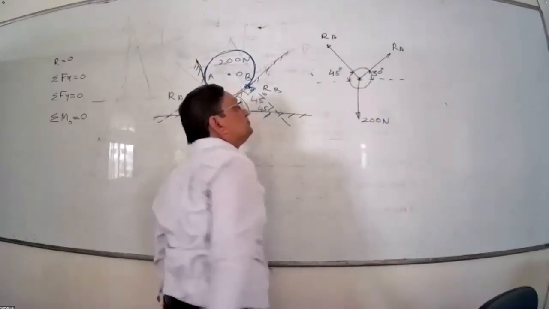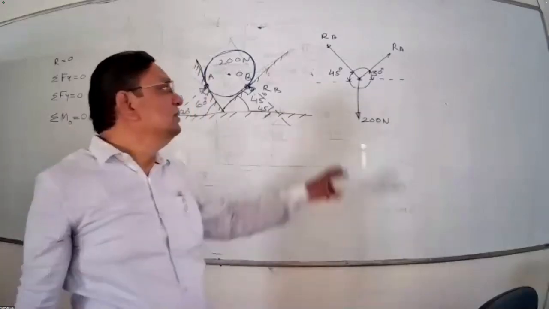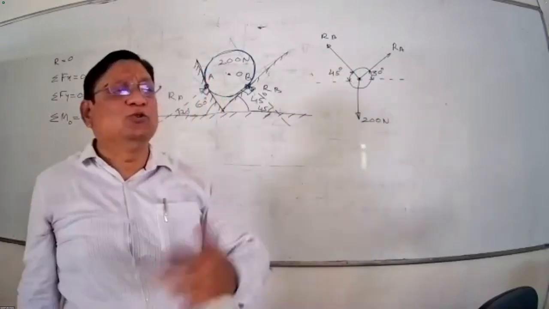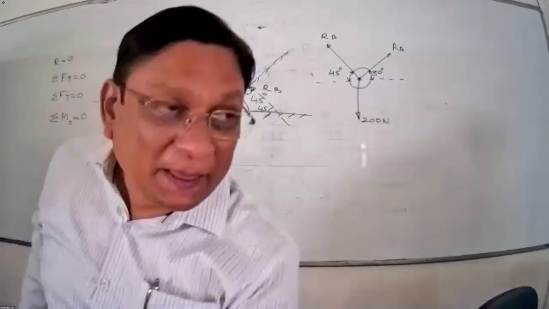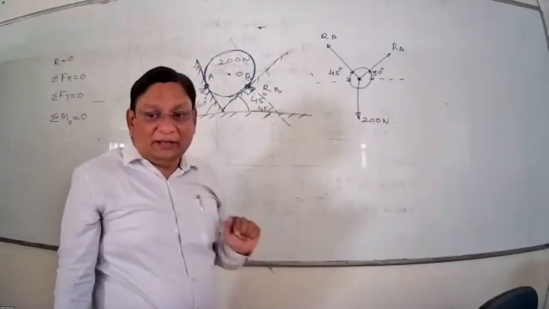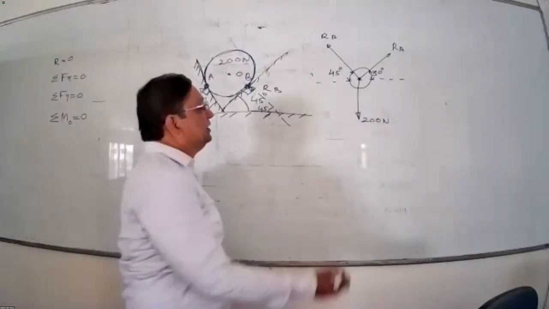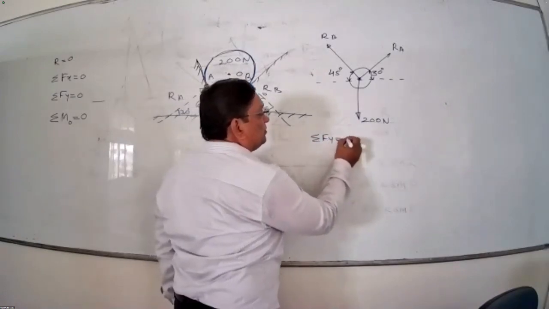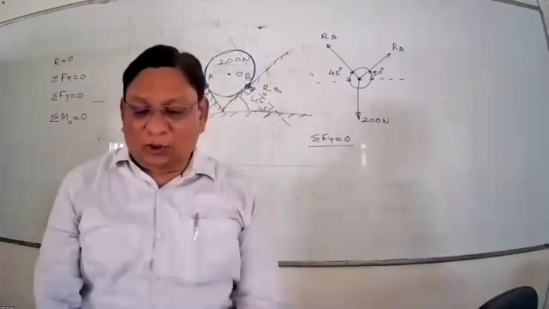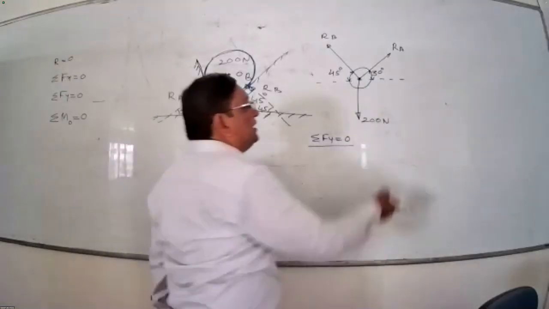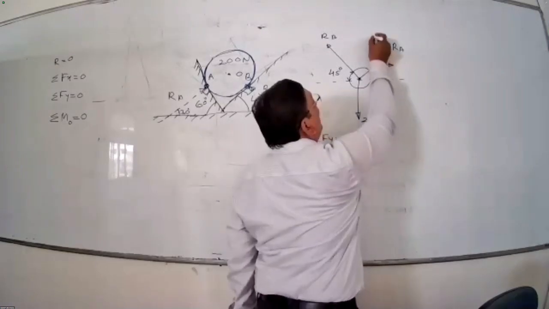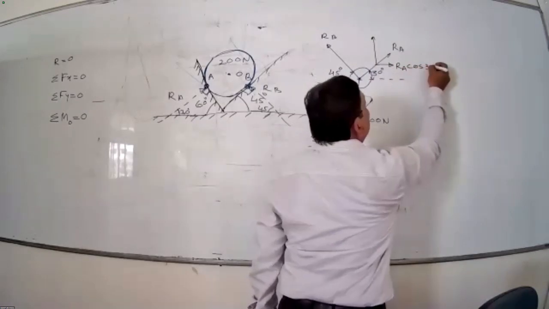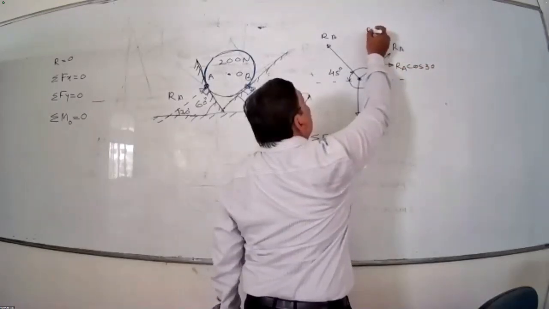So again, as I know, the body is under equilibrium under how many forces? 3 forces. So I can go for Lami's theorem as well as I can go for conditions of equilibrium. So suppose I am applying the conditions of equilibrium. So if I write the condition summation of Fy equals 0, what condition I will do? So here first I will resolve the forces so that it will be easy for understanding. So RA, x component, y component, this will be RA cos 30, this will be RA sin 30.